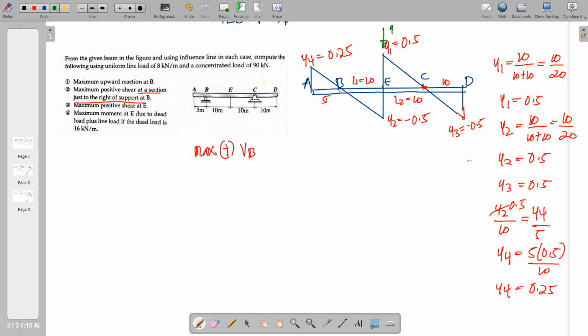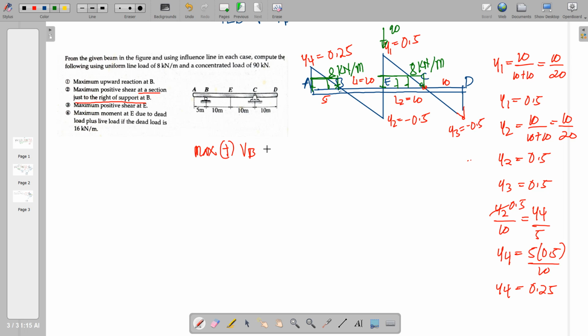So we place here 90, and we also place the distributed load on the positive shear only. See, this is 8 kilonewton per meter. So there is a positive area here as well. It's equal to 8 kilonewton per meter. So therefore, computing now our shear,